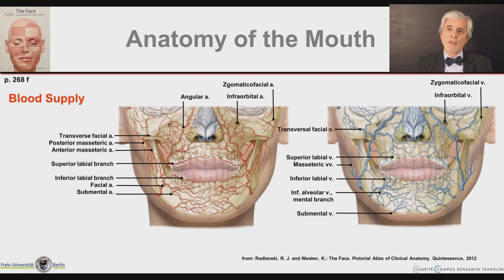And in addition there is the inferior labial vein, the submental vein, and the mental branch, which is so small that it probably does not deserve the name vein for itself. So it is only called branch, and it pulls into the inferior alveolar vein and thus into the inferior alveolar